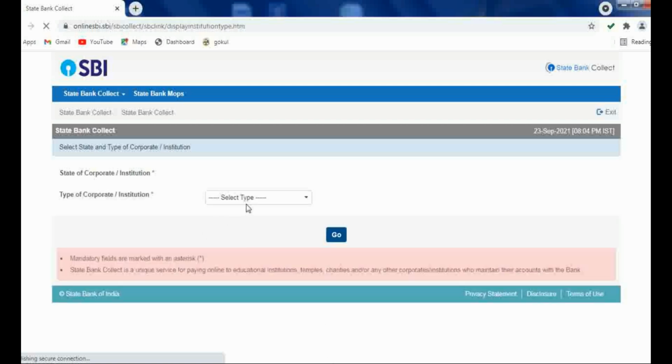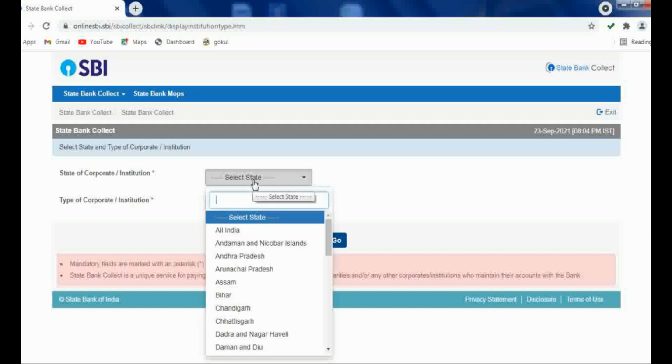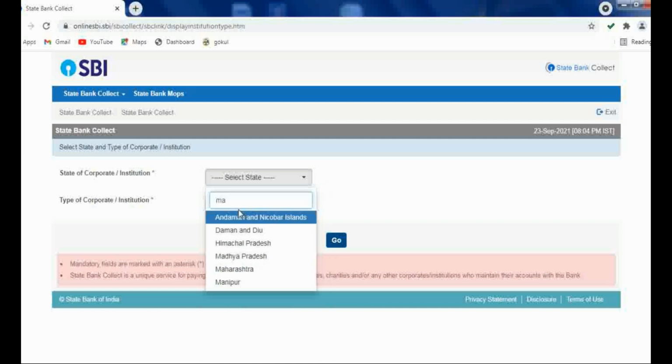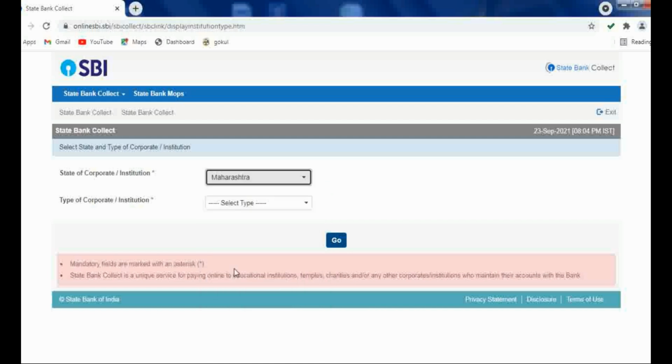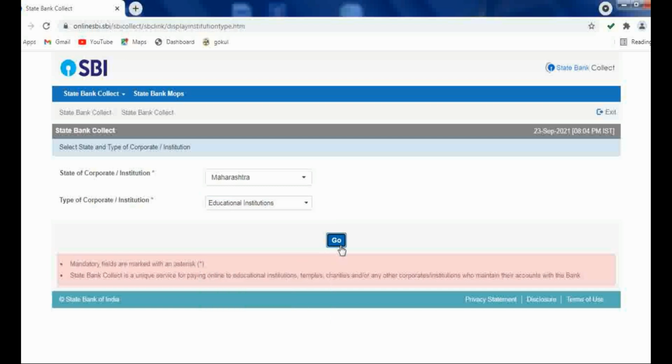So here I am selecting the state, that is Maharashtra. After that you have to select the type of your corporate or institution. Here the option is given, educational institutions, that you have to select and then click on go.